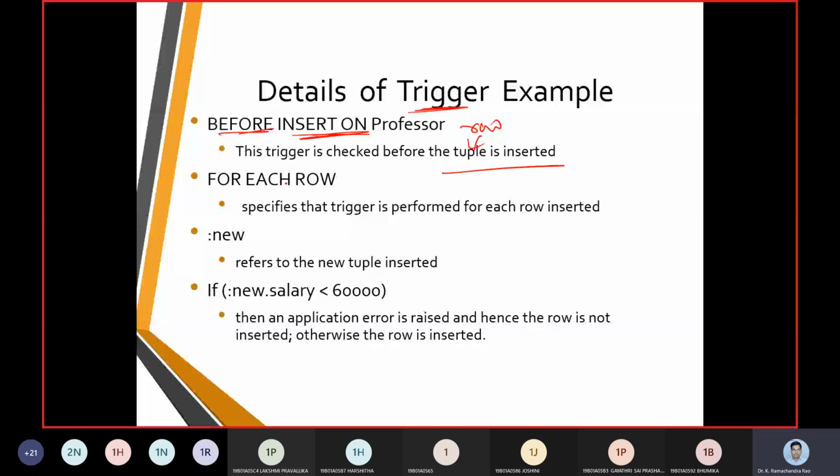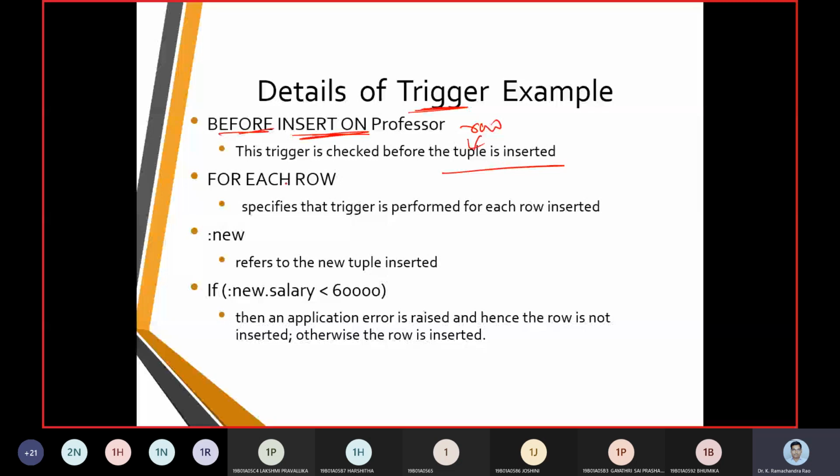Then we need to check the condition. So what is the condition? The condition was ID should be greater than 0: 1 greater than 0, 2 greater than 0, 3, 4, 5, 6, and when a new entry happens, of course, it should be greater than 0. Then we have salary difference, a number which we call a local variable, declared inside the trigger. The trigger is going to have a trigger begin and a trigger end.